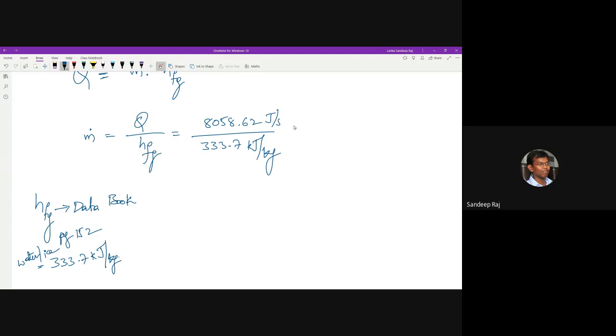It's watts, so it's joule per second. So what you have to do is convert this value into kilojoules, and appropriately you have to take the 24-hour value also into it, and then convert it into the appropriate seconds. Okay, so if you do that,